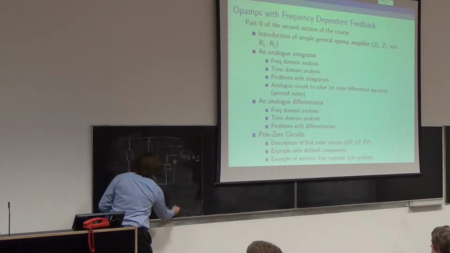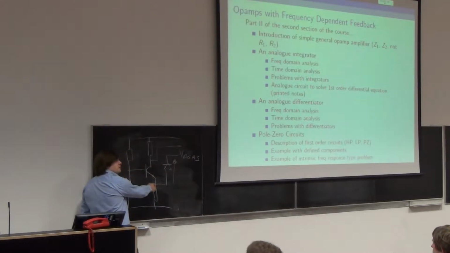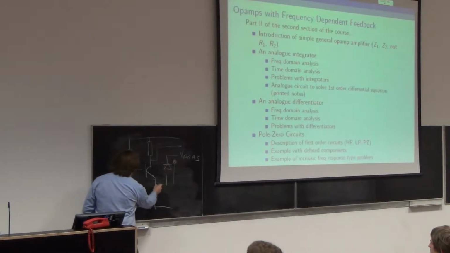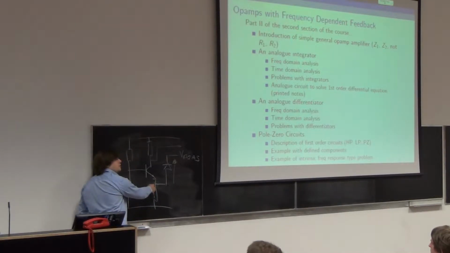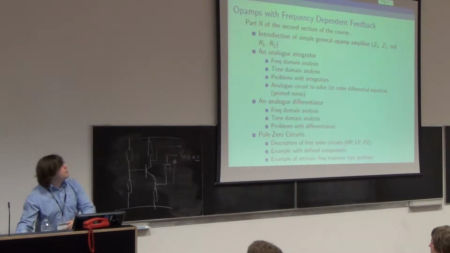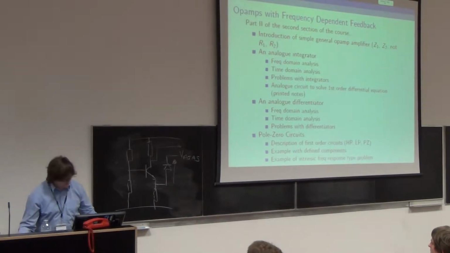However, if I connect this to 0, there's no chance for me to get that to ground without making the current on this resistor 0, which will switch off this transistor, which will not make it do what I want. So I will adjust this 0 to some voltage lower than ground in order to keep this node at 0. And I will use some feedback system to make it happen. And that feedback system will include an integrator, and it will be an op-amp. So the whole thing might look like,